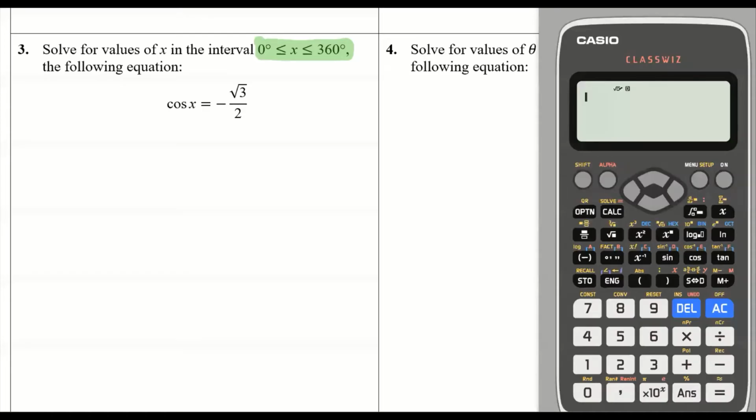So for question 3 of the warm-up, we're asked to solve a trig equation in the interval 0 to 360 degrees. And we're given the equation here. It's quite straightforward. It's just a case of, can we apply what we learned last year about CAST to get the correct number of solutions? Well, first thing to realize is we need to find our principal angle. So let's write that up. So the principal angle